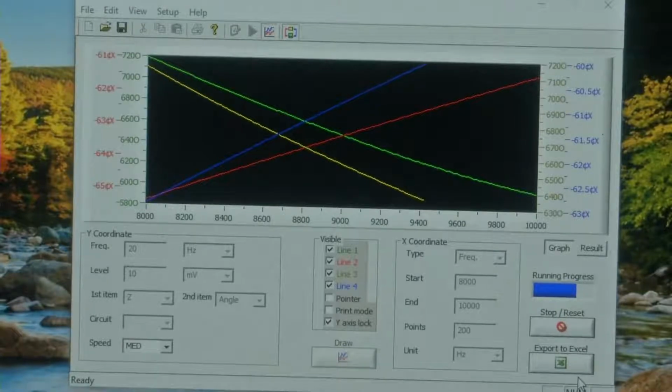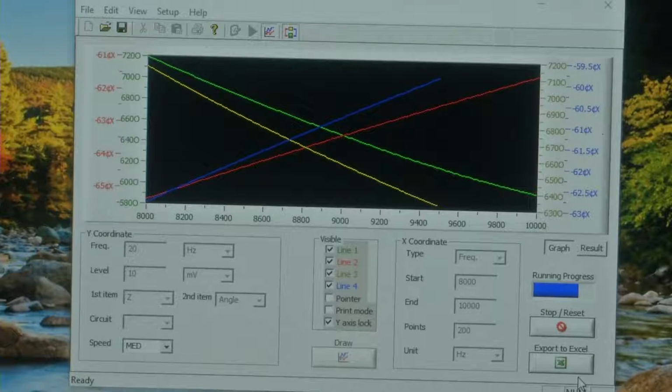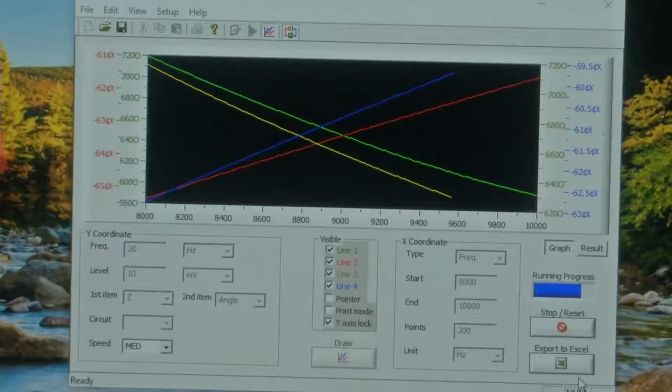So, there is a small update that came. It is taking the measurements from 8 to 10 kilohertz.